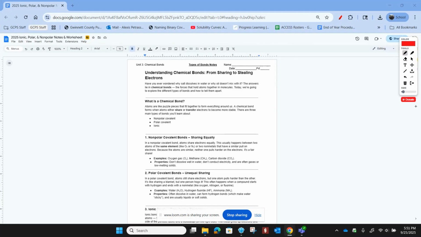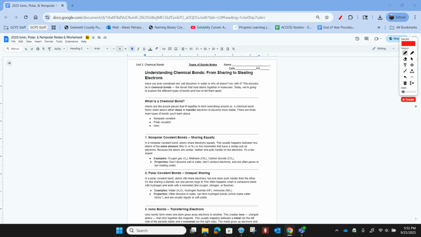All right, so today you are going to be looking at different types of bonds. Atoms are like puzzle pieces that fit together to form everything around us. A chemical bond forms when atoms either share or transfer electrons to become more stable. There are three main types of bonds that you're going to learn about: nonpolar covalent, polar covalent,